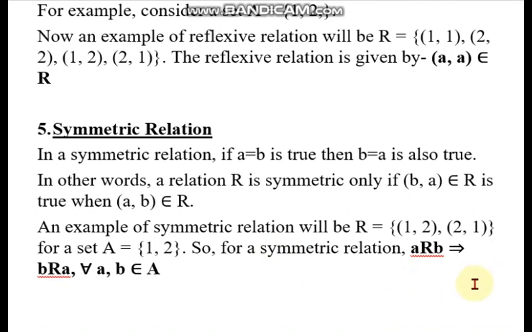So that is called symmetric relation. Similarly, for parallel lines, if I denote my relation by parallel lines, so if line A is parallel to B, then we can obviously say that line B is also parallel to line A. That is called symmetric relation. Now let us consider transitive relation.